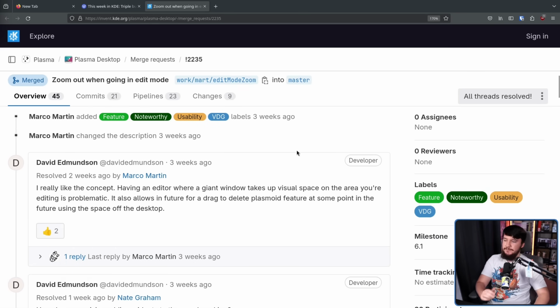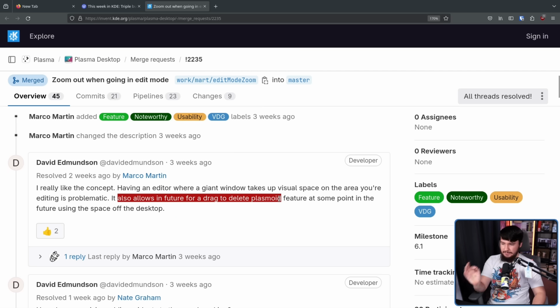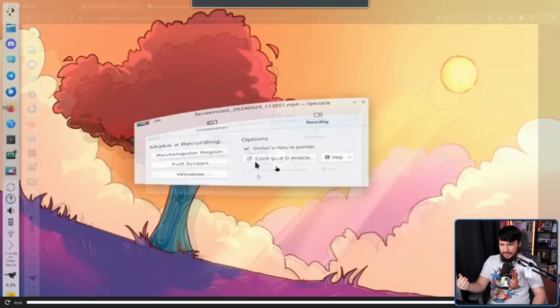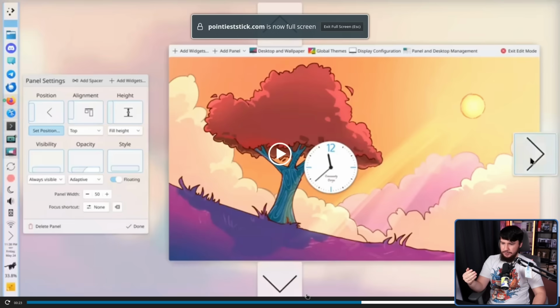This is from David Edmondson. I really like the concept. Having an editor where a giant window takes up view space on the area you're editing is problematic. It also allows in future for a drag to delete plasmoid feature at some point in the future using the space off the desktop. So what he's pointing out there is you could have something in the future where if